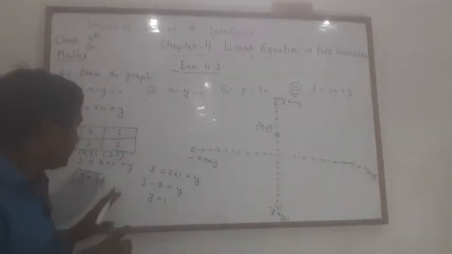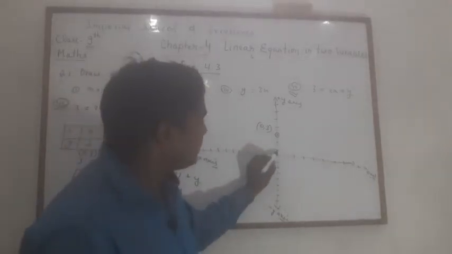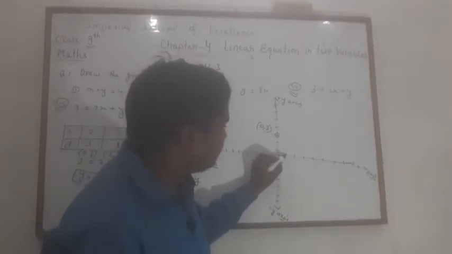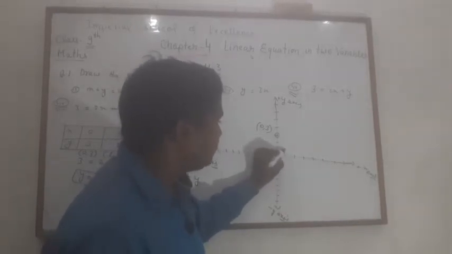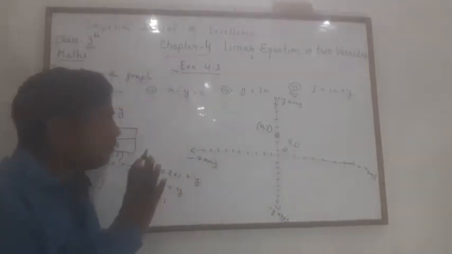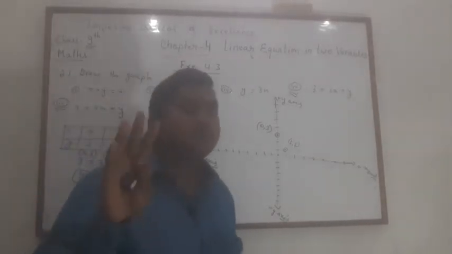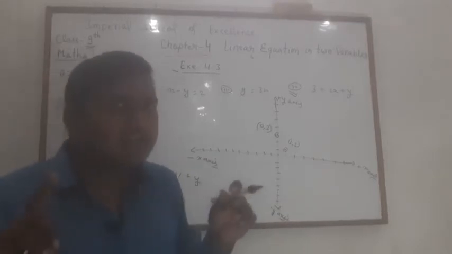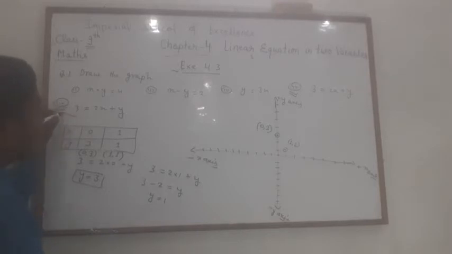Now we are moving to the next point. This is 1, 1. When x is 1, then y is also 1. So x is 1, y is 1. So this point is here. x is 1 and y is also 1. So this is 1 and 1. Okay, so these are the points. 2 points I have drawn, and everyone knows that by using 2 points we can draw one and only one straight line. So one straight line passing through these points will be the graph of this equation.